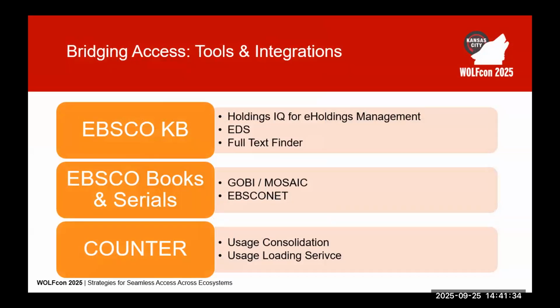So our holdings are API driven. Our knowledge base has read and write APIs that feed into Folio, and it also connects in with Full Text Finder, which is our link resolver, and EDS, and all those other products. Of course, Gobi has APIs that plug right into Folio, and if you attended the session yesterday about the eventual replacement of Gobi, which is now being called Mosaic, Mosaic is in the process of being integrated in with Folio right now.